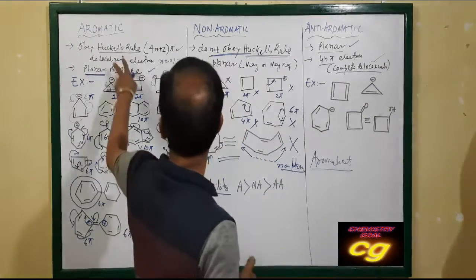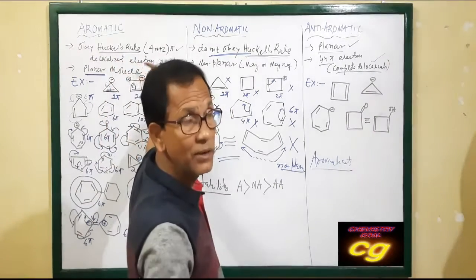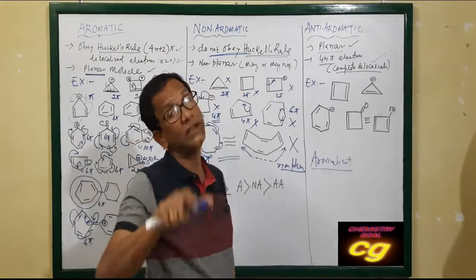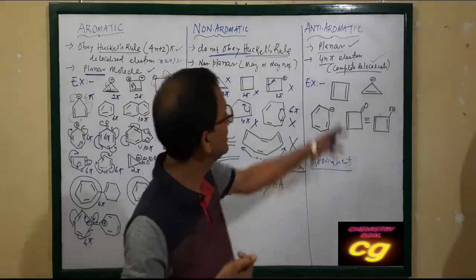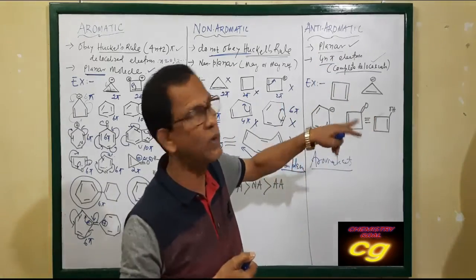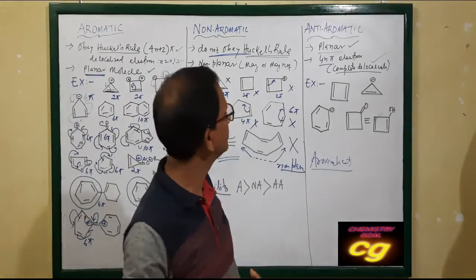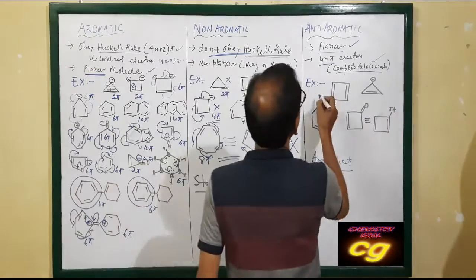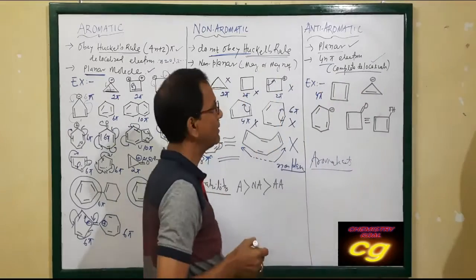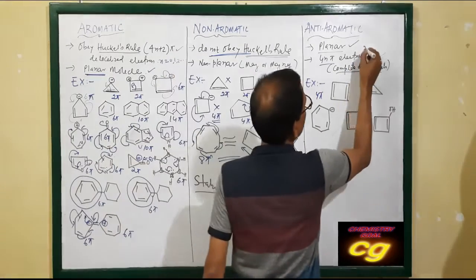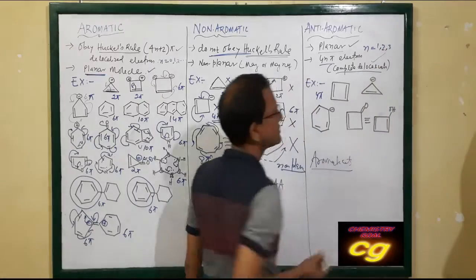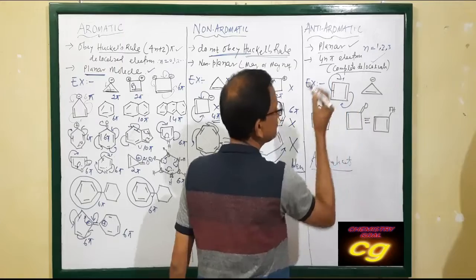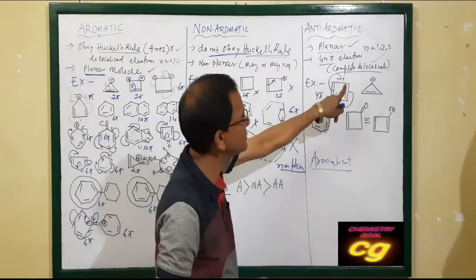Anti-aromatic means we can just say the opposite of aromatic, because in aromatic it must contain 4n plus 2 pi completely delocalized electrons, but here it has 4n pi, not 4n plus 2 pi, 4n pi delocalized electrons, and the molecule is planar. So that is one little difference. For example, it has 4 pi. In this formula 4n pi, n is 1; n cannot be 0 here. Here n equals 1, 2, 3 like this. So 4 pi, complete delocalization, and the molecule is planar. The molecule is planar because a pi bond means the molecule is planar.